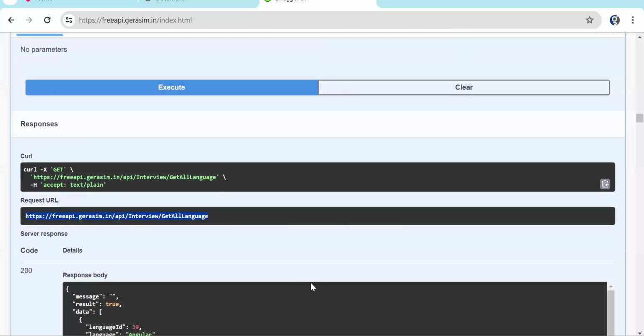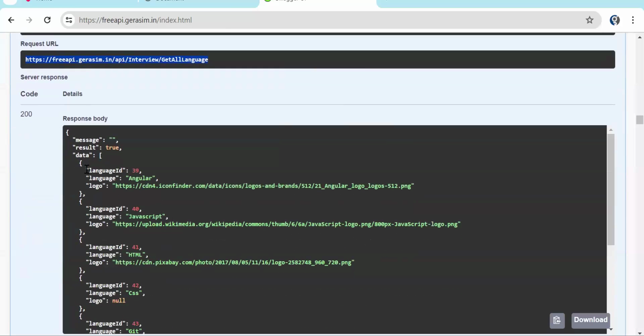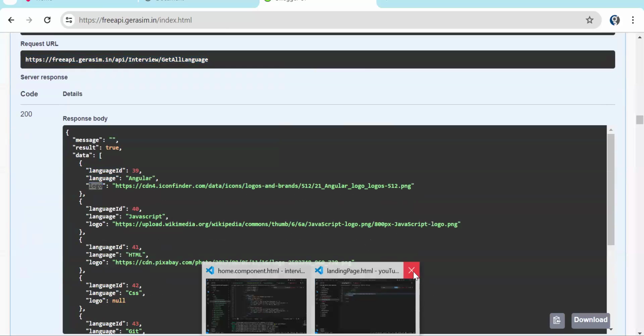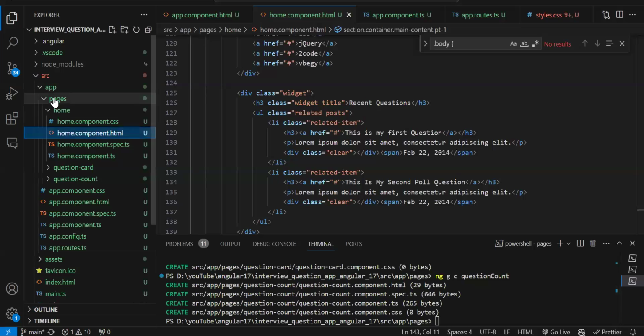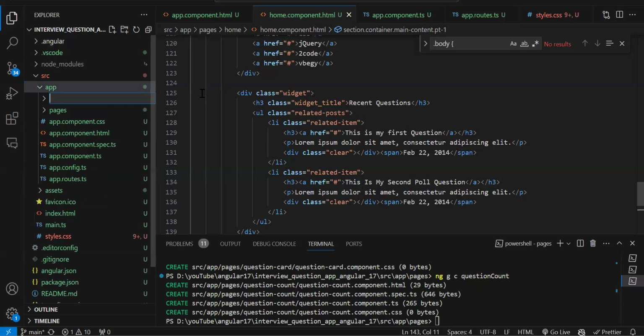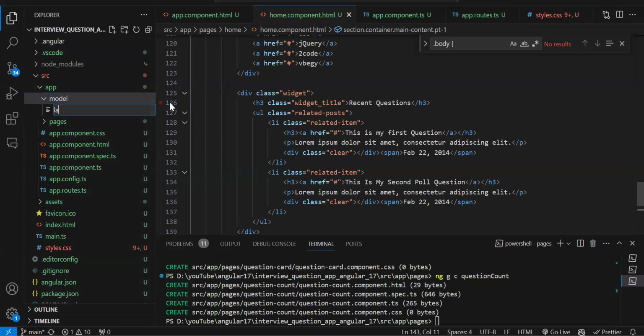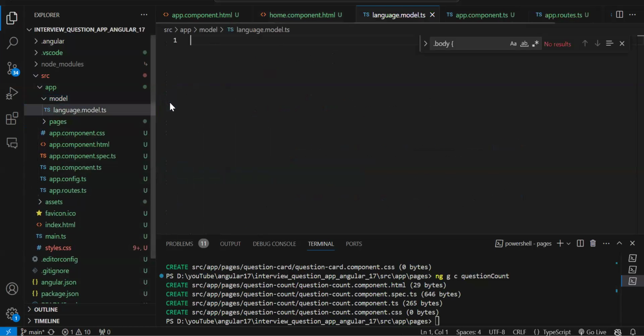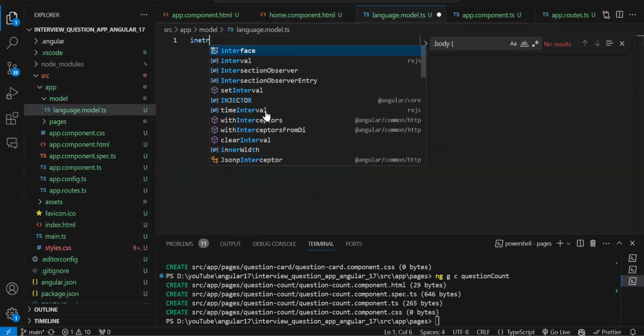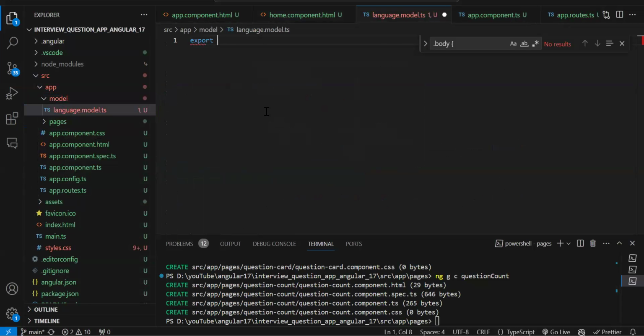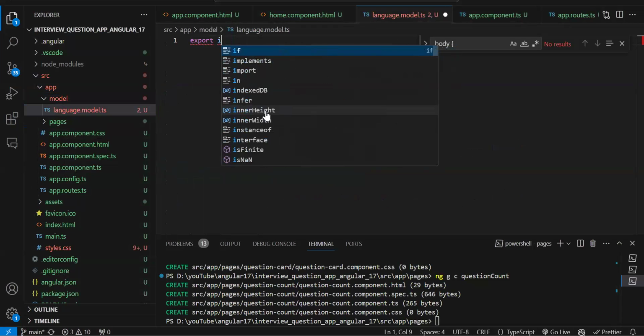So this is my language. Now, we are going to create class and interface also. So if you see, in this API, we are getting language ID, language, and the logo. So let's create an interface for that. Let me just close this now. Now in app folder, I will create a folder again, model. And inside this model, I will create first model, let's say language.model.ts. Now here I will create an interface. Sorry, export interface